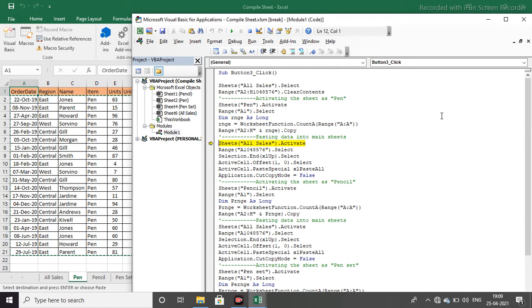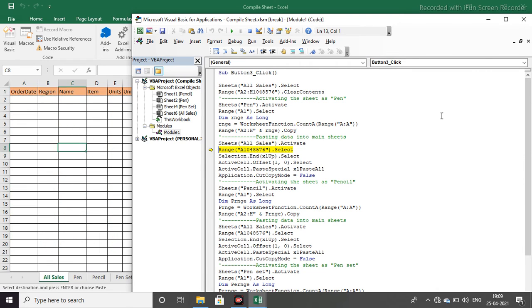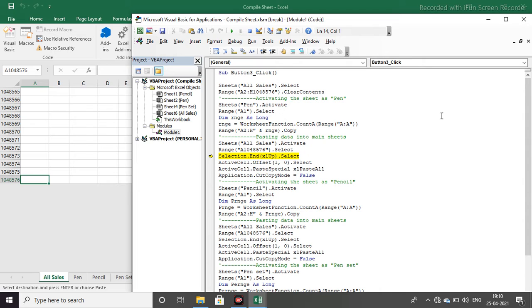Now the master sheet, all sales, will be activated. After that the last range of column A will be selected.